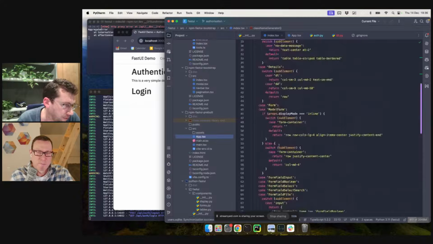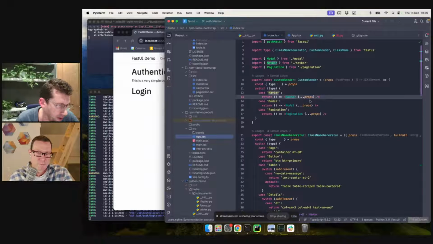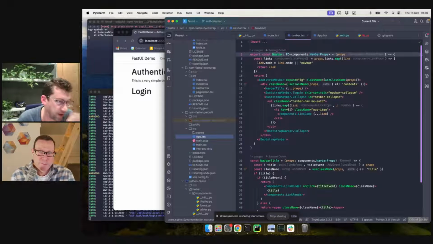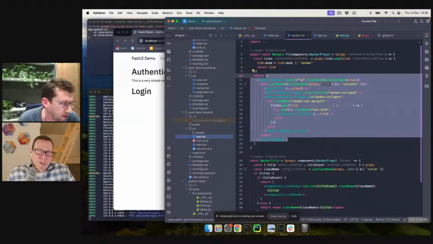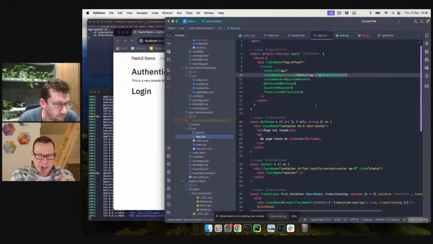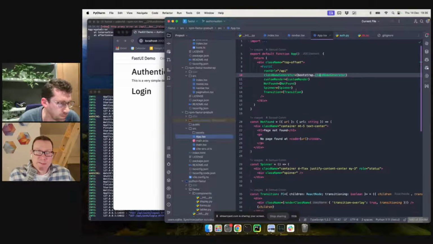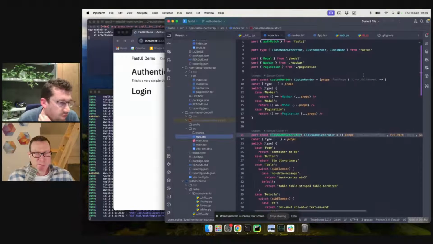And then we have the other way of customizing it, which is to use custom components. For three components in particular, navbar, modal, and pagination, we define our own custom React component. So here's the one for navbar, where we use a bunch of Bootstrap types to render a Bootstrap navbar. But you could basically create a React component that has all the settings necessary to create a navbar in Tailwind or whatever, right?